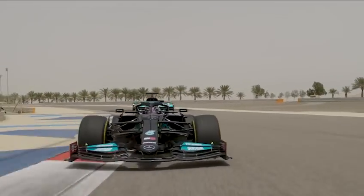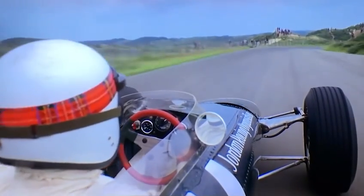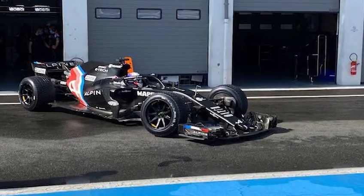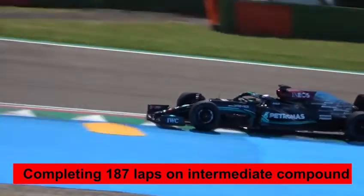Pirelli just revealed the transformation of F1 tyres. F1 tyres have evolved exponentially over the years, from the first tall and slim to the current slicks. Following the just concluded season, Daniil Kvyat was fortunate to test Pirelli's new 18-inch tyres, completing 187 laps on intermediate